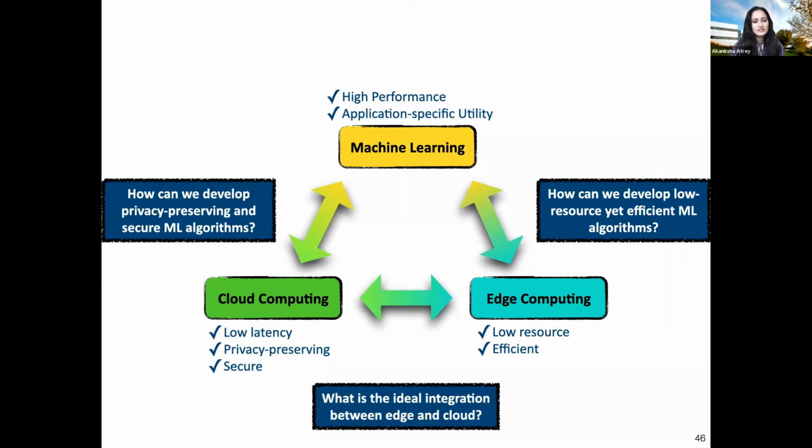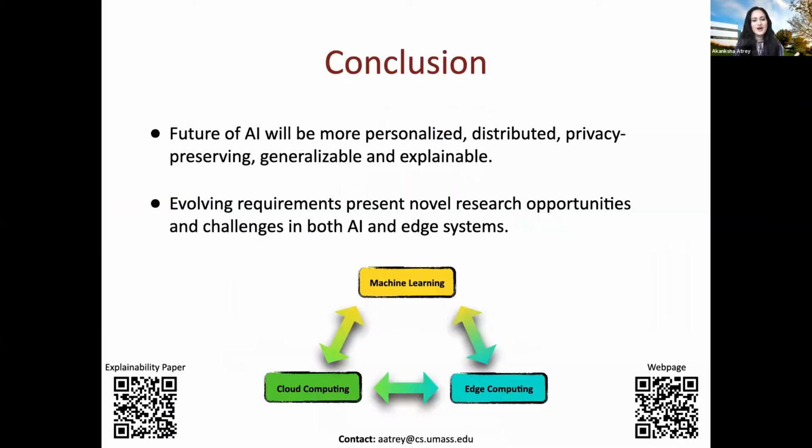And lastly, in terms of cloud computing and edge computing, what is the ideal integration between edge and cloud? The edge computing hardware is growing, but is there an ideal integration that we can do to get all of these things in one? Adapting edge computing systems to optimize multiple goals is something that I'm also interested in doing in future work. So to conclude the talk, the future of AI will be more personalized, distributed, privacy preserving, generalizable, explainable,